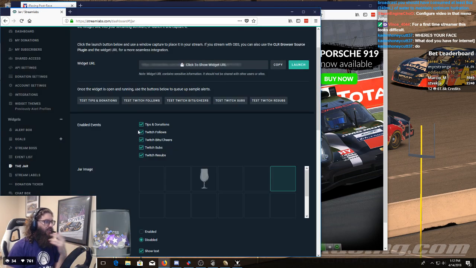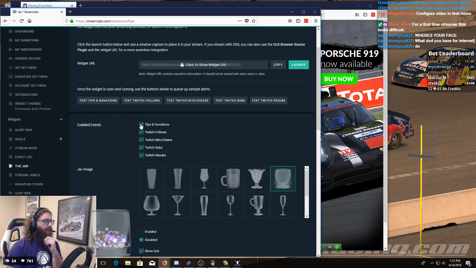So for example, the tip jar, I've got it enabled to do all of these different events. I selected this one, and then it gives you a widget URL. So you can just click copy and do the same thing. You set up a browser source, name it what you want, and you put that in. You can do the same thing for setting up